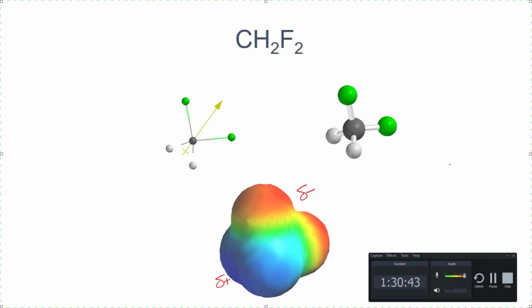You need to have in your shape some area that is delta minus, and you need to have another area that is delta positive. If you have in your shape all the same delta minus charge, you are not going to be polar. You need to have that difference in